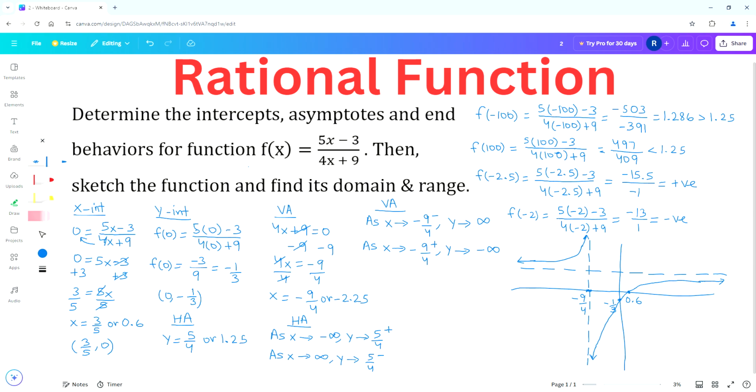Now we can find its domain and range. Domain is the set of all possible x values for a function. In this case, the restriction on the domain is the vertical asymptote, which is at negative 9 over 4. So the domain can be written in interval notation as